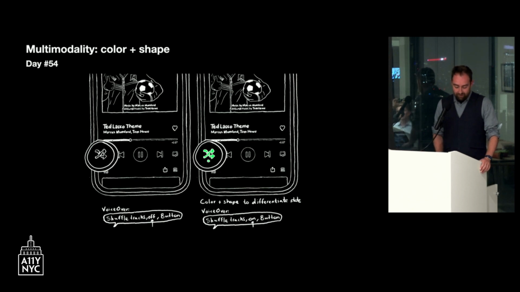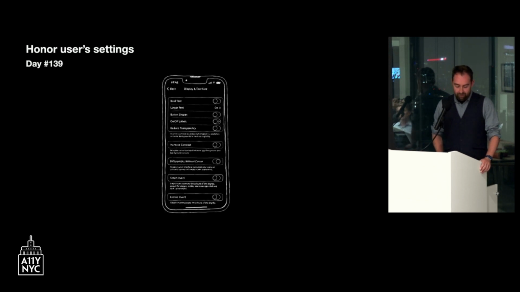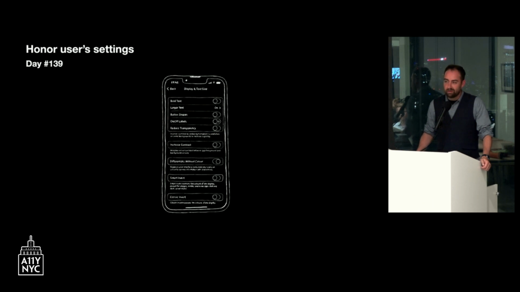And another thing is honor user settings. So I don't know if you remember when iOS 7 was released and Apple dropped skeuomorphism for the new and flashy flat design that now governs every single app in the world.